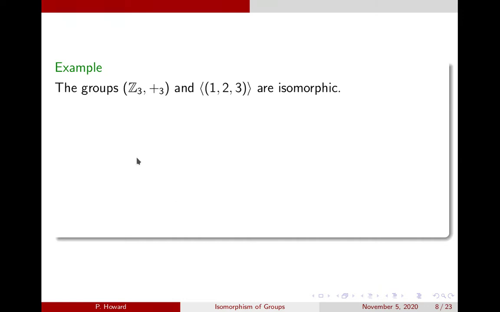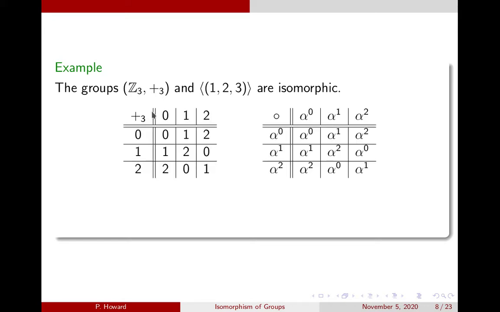Okay, and here are the two groups we looked at in our first example. These are isomorphic groups. Here are the tables again. So how would we match the elements of Z3 with the elements of the group generated by the cycle 1, 2, 3? Well, we would match 0 with alpha to the 0, 1 with alpha to the first, 2 with